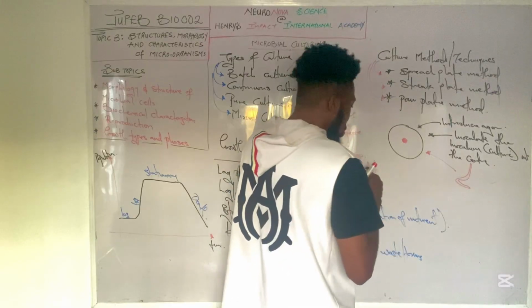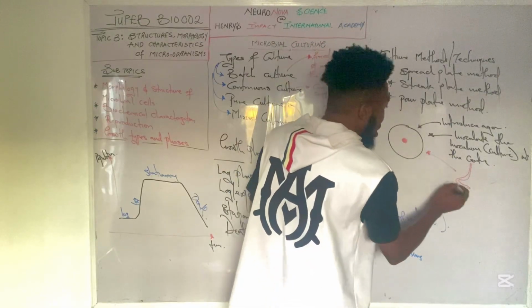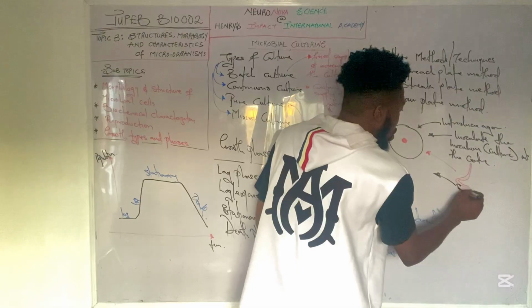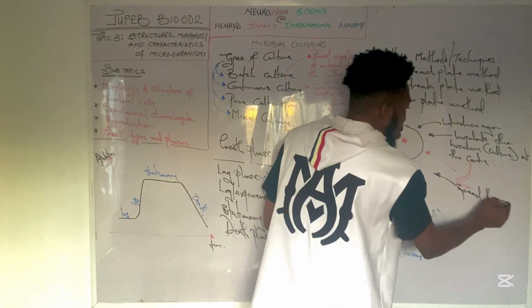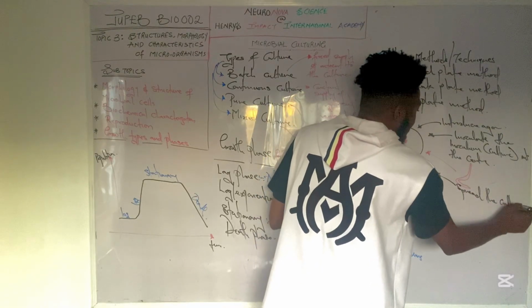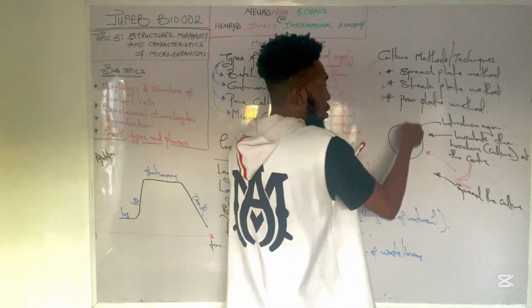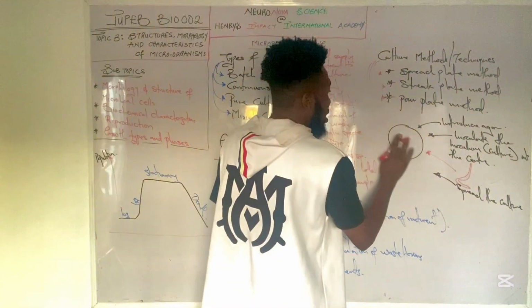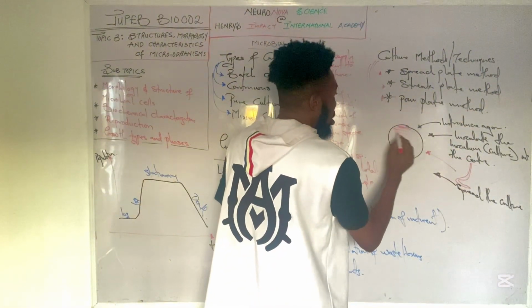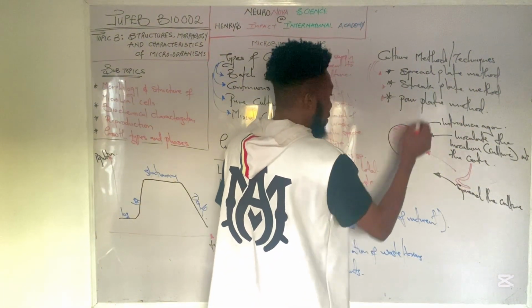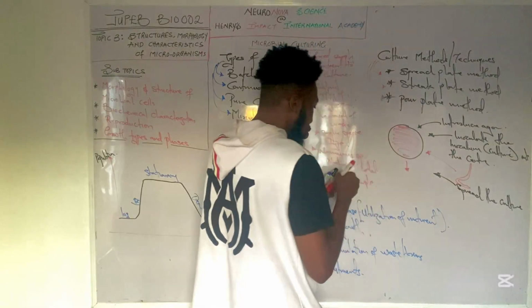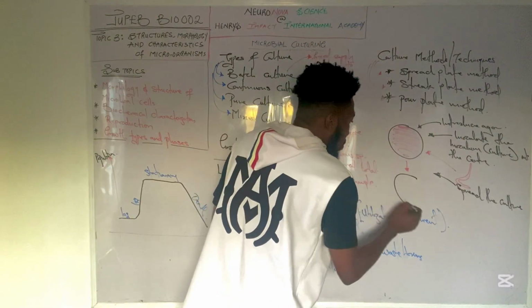So the next thing you want to do in the spread plate method is that you now spread the culture evenly. You just spread it round with this glass rod, so that this can spread round evenly. When that happens, after a period of time, the result will be something like this. You'll be seeing